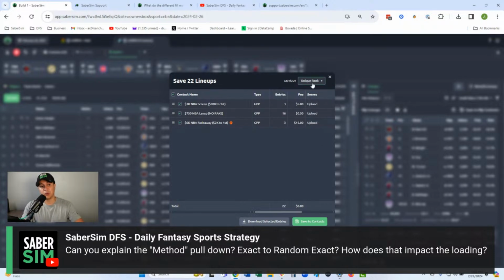Now, if you use unique rank, what this is going to do is put lineups 1 through 3 in the top contest. It's going to put the next 16 lineups in the second contest. And then it's going to put the last